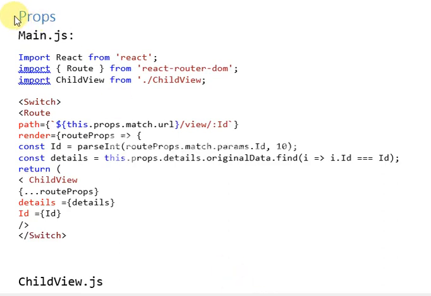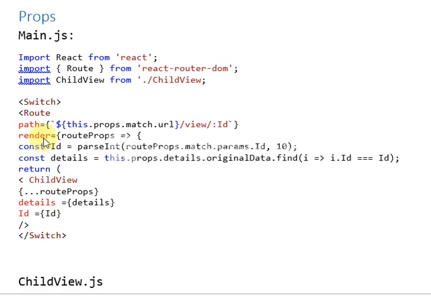Hi, in this video we are going to learn about the usage of props in React.js, how we can use the props in the pages and how the value can be passed from one page to another page. Actually, in the last video we described the state usage, and the state can be used in the same page and the values can be reused, but the props can be used from one page to another page. So in this example, we are going to see how the value is passed from one page and how that value is used in another page.